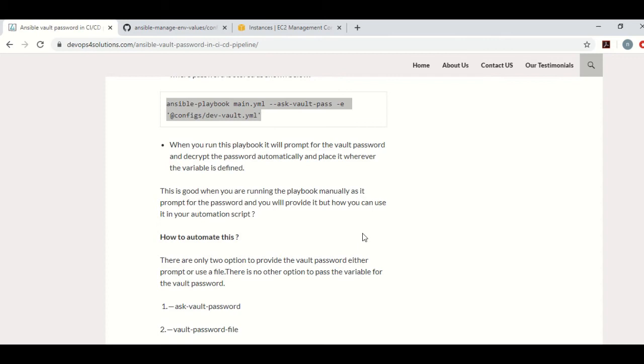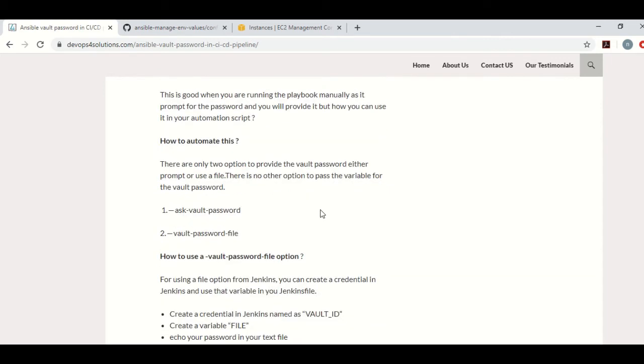But now, what about when you have to do the automation, when you need to put it in your automation script? Because in automation you don't want any prompt to happen, right? So how can we do that? In Ansible Vault, basically there are only two options to provide the vault password. Either